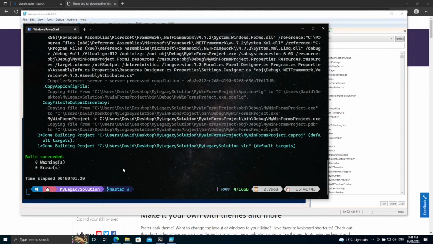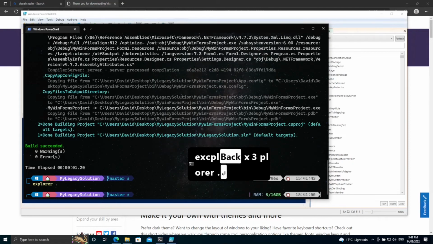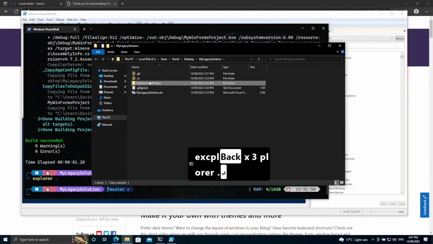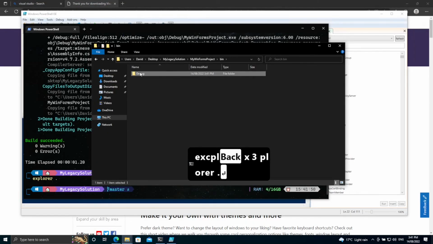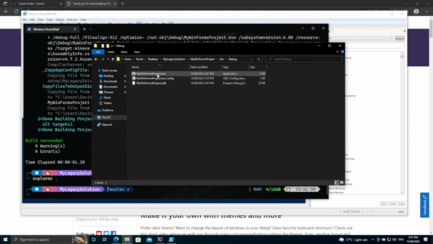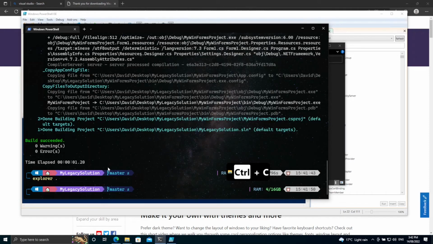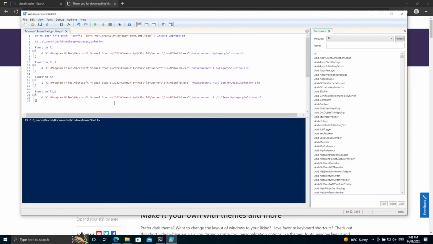So for that one I need to go to Explorer, current folder, I need to go to the project, bin, debug. You guys are going to be amazed by how cool this legacy project is. So let's go here, function F5,